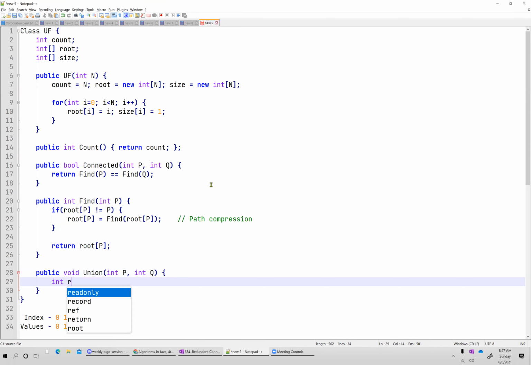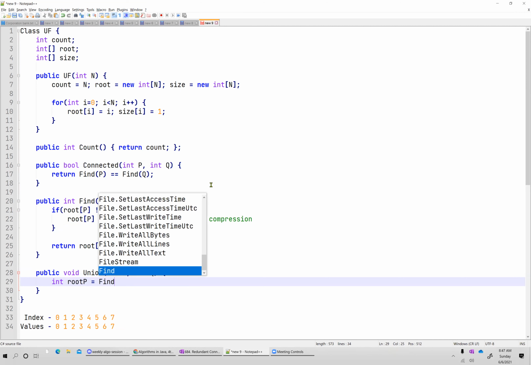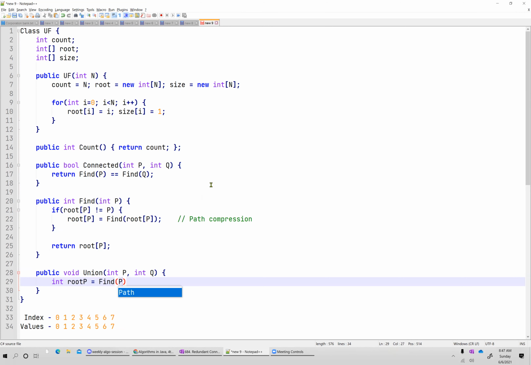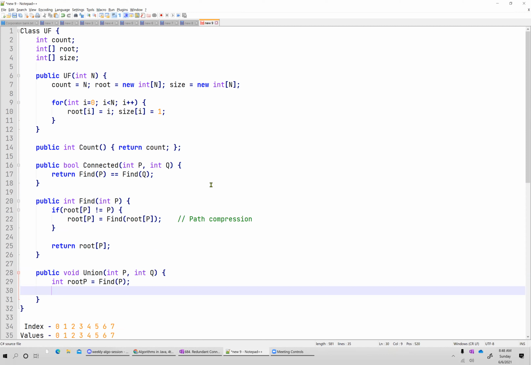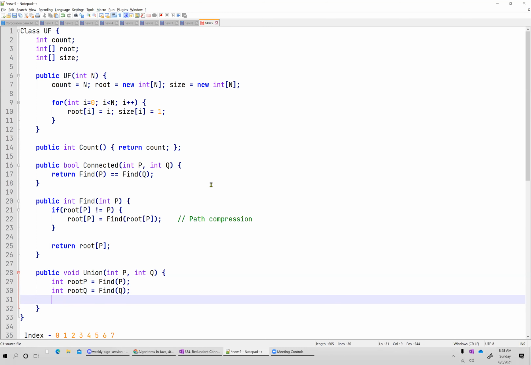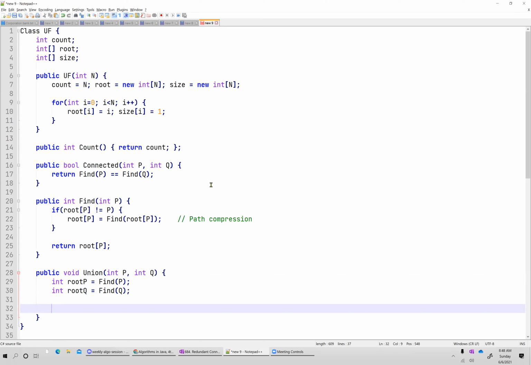Basically we find the root of P, which is equal to find of P, and then I find the root of Q. Now, if both are connected, then I don't want to do anything, right? There's no change required. So that is a simple condition I am putting: if root of P equals root of Q, I just simply return.